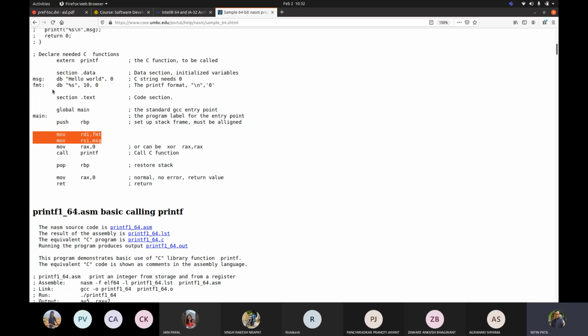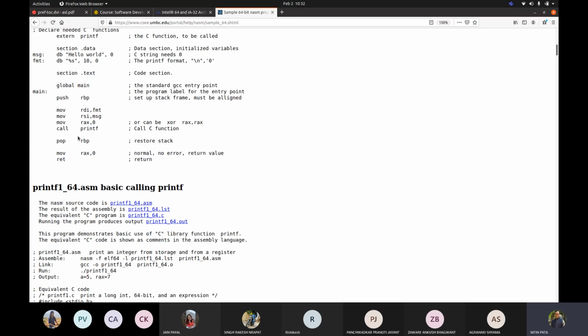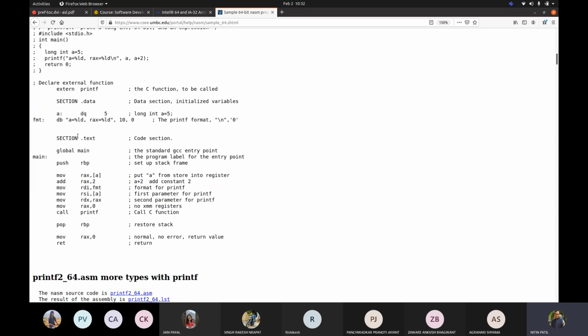Correct? Format and message. Like how will you write printf hello world? Or you may write say %s and then hello world as a message. So when you talk about this, see the order, how the order is used: RSI, RDI.